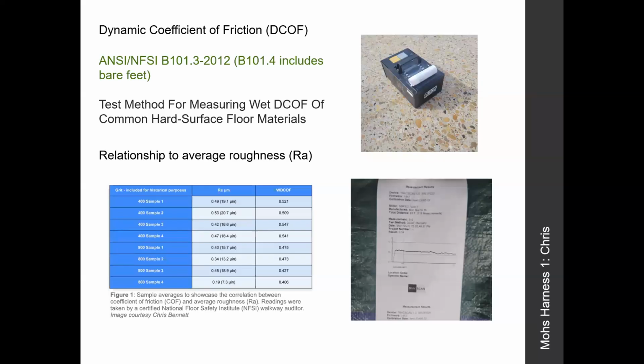RA is a surface measurement. Dynamic coefficient of friction and static coefficient of friction are also surface measurements. And there is a correlation. Now, there are also a lot of variables, but we can eliminate some of those. And what I have found in the last 10 years on my projects is that if you are fully refining floors, even when you're at 15, 10, sometimes 5 microinches, you're still hitting consistently high traction coefficient